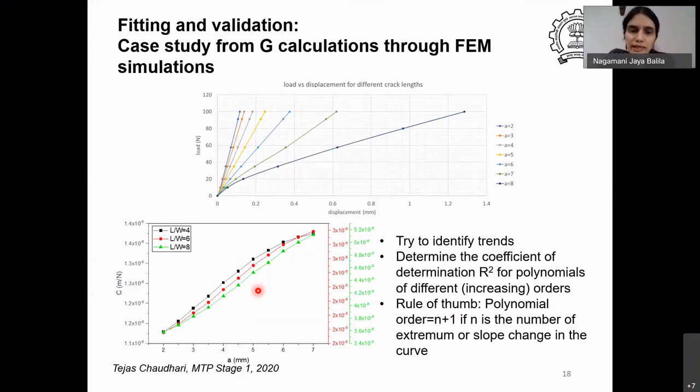Usually, if you try to identify the trends, you could determine the coefficient of determination, that is the R square, for the fit for different polynomials of different orders. Let's say I'll next try the quadratic fit, the second order fit. In the second order polynomial, it may fit slightly better. I got a slightly higher R square value. But is that the only way? Do I have to just go on until I have more and more R square? Well, I can also fit it.